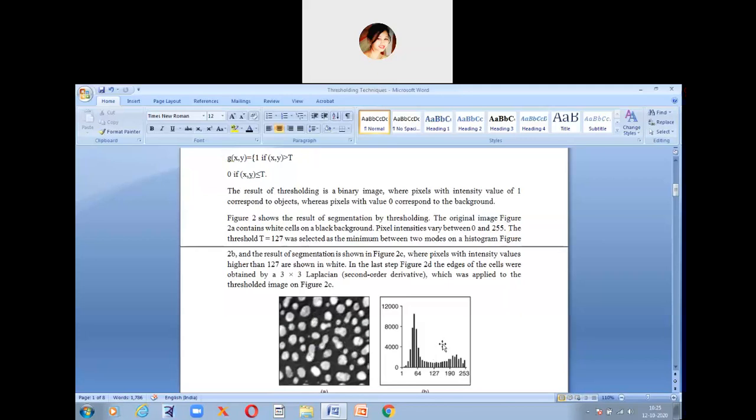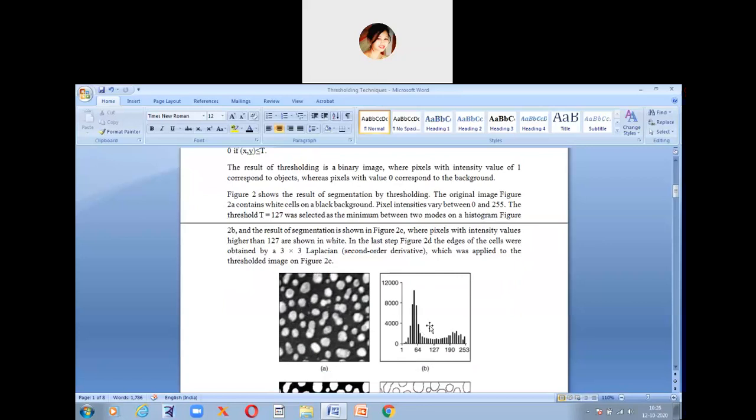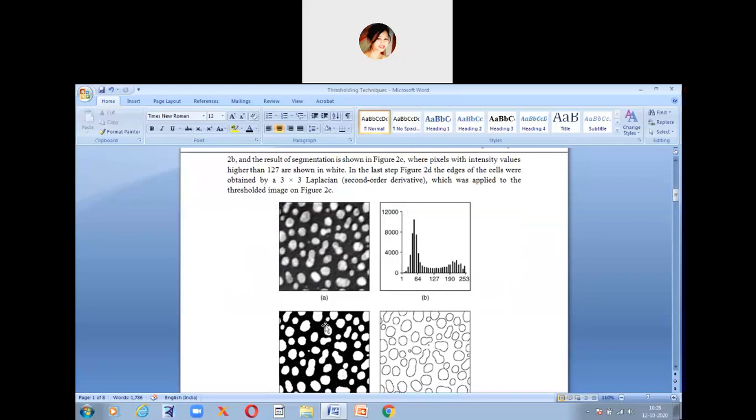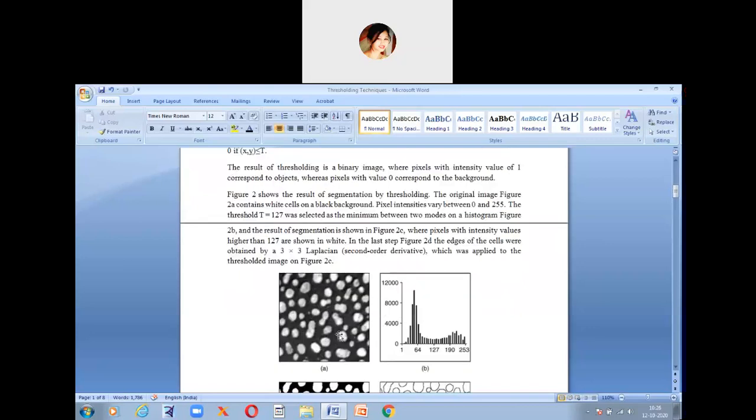Okay, then in figure 2, on the histogram, figure 2b, now they are comparing this. So this is the histogram for this image, and this is the result of the segmentation, shown here in 2c. So step by step, you have to take one original image, and you have to take out the histogram. This is a bimodal histogram because you have two relative peaks over here.